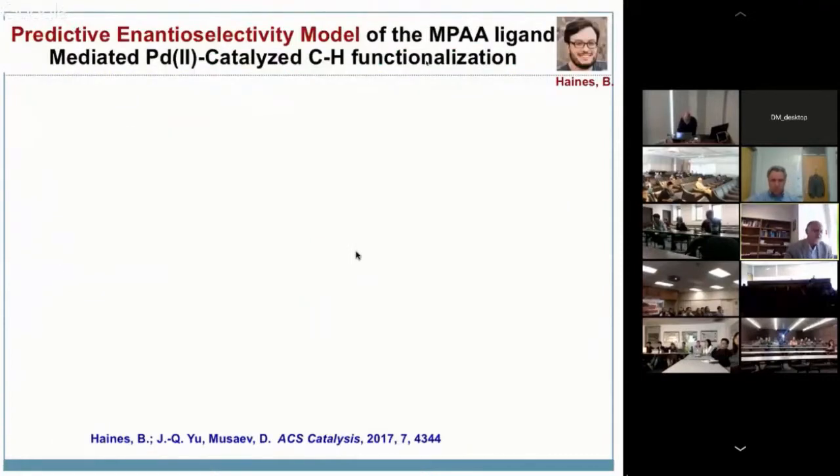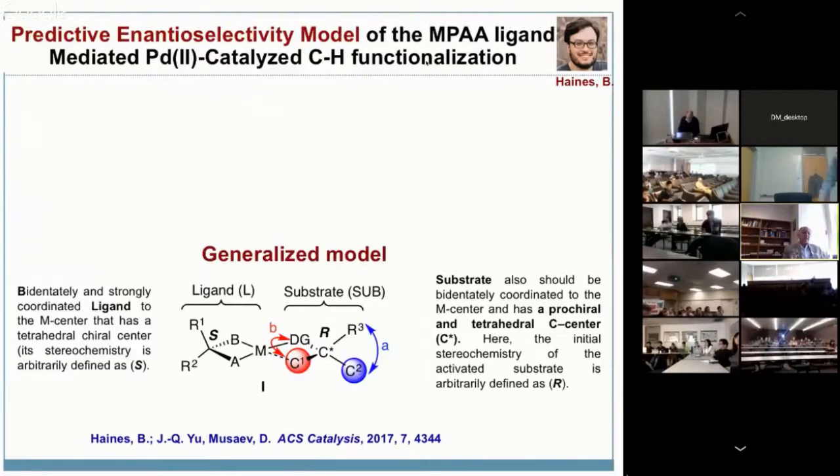After elucidating the mechanism of this reaction, a postdoc in my group, Dr. Brandon Haines, with his deep analytical computational organic skills, decided to make one more step forward and use these mechanistic details to predict a general asymmetric induction model for this reaction. But in fact, this model is applicable to any asymmetric induction reactions, of course, with the right tuning of the reaction conditions,